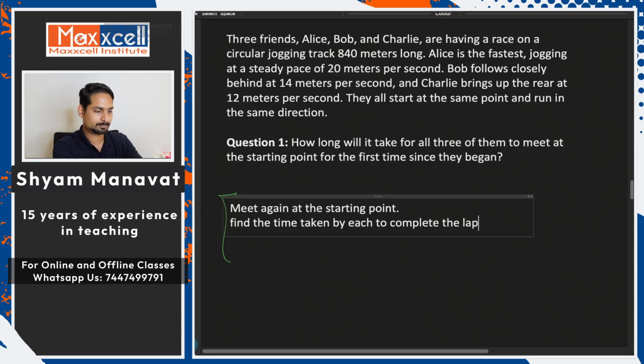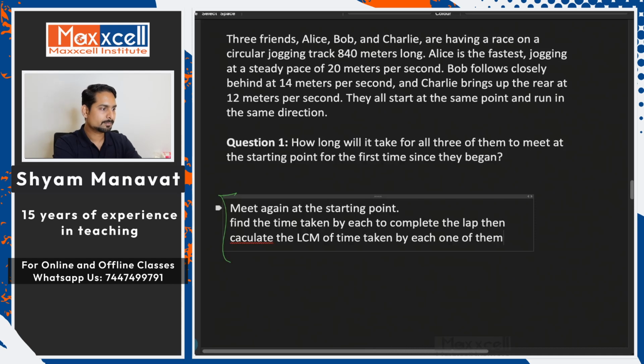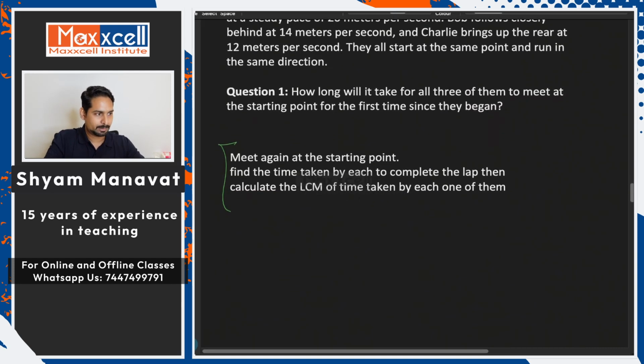Then calculate the LCM of the time taken by each one of them. Why is that so? Think about it. If they want to meet at the starting point, in that case,